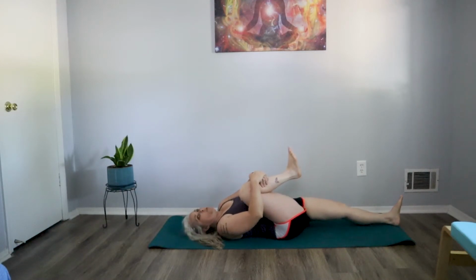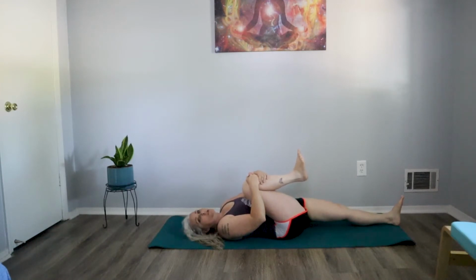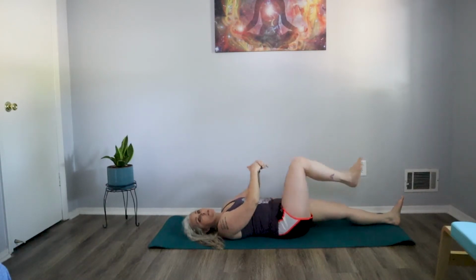And if you can't get all the way up to where I am, just pull as far as you can and make sure you're putting some tension on it. Not so much tension that it hurts, but just until you feel a stretch. And you can kind of move it a little bit here towards the other elbow, and that'll bring in a different stretch. And you're gonna hold that,